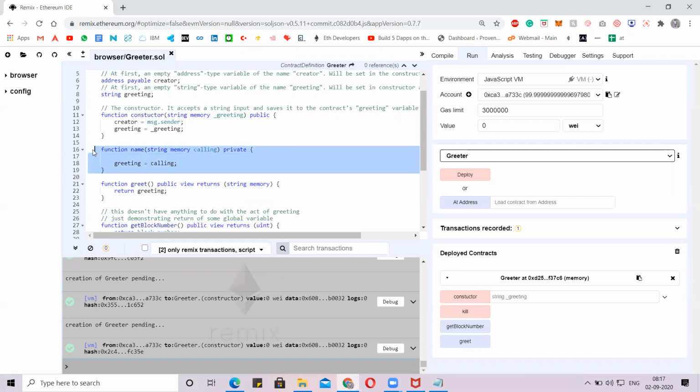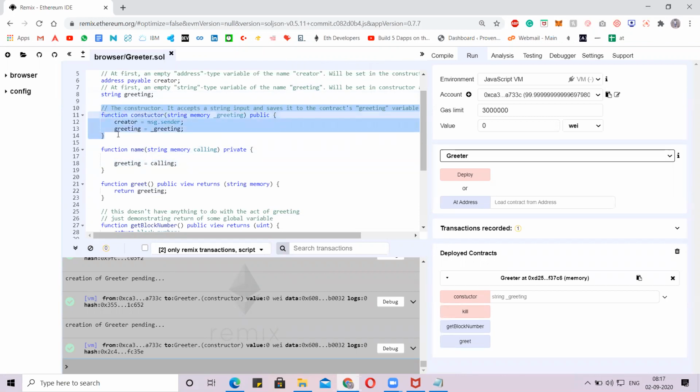We have created a state variable, we have given the syntax private, and we have created a function with a name, taking the string calling data and assigning calling data to the greetings global variable. Now tell me, what does this function do? It is the same as the function on the top, but